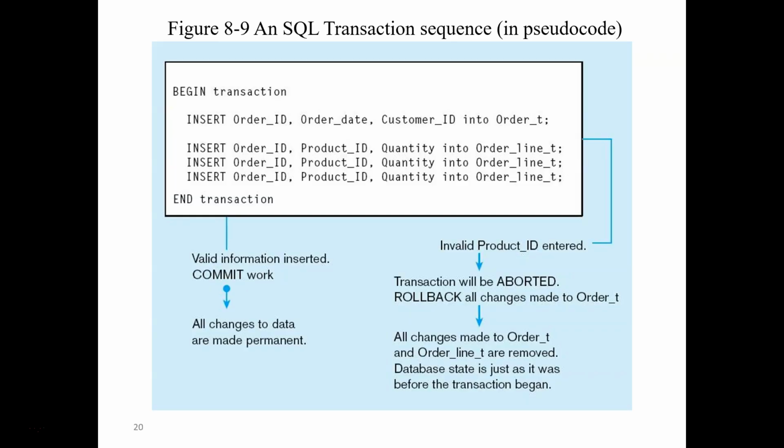This example demonstrates how a SQL transaction works. Within this transaction block, we have a series of insert statements that insert new records into various tables. Suppose there is a problem with the transaction. For example, for some reason, maybe a software error or human error, an invalid product ID is entered in these commands. This would result in an error for some of the commands and cause the transaction to be stopped in